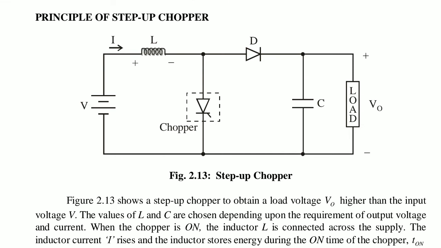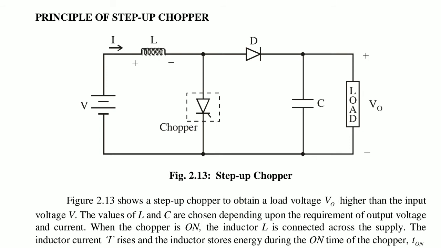So this is the basic circuit diagram for the step up chopper. As we know, on the input side and output side we get only DC voltage, because the chopper is a DC to DC converter. So in this case also we give the input as a DC voltage and the DC output can be taken from the output. But in the case of the step up chopper, the output voltage VO is greater than the input voltage. How does this happen? We will see by studying the principle of operation of this circuit.